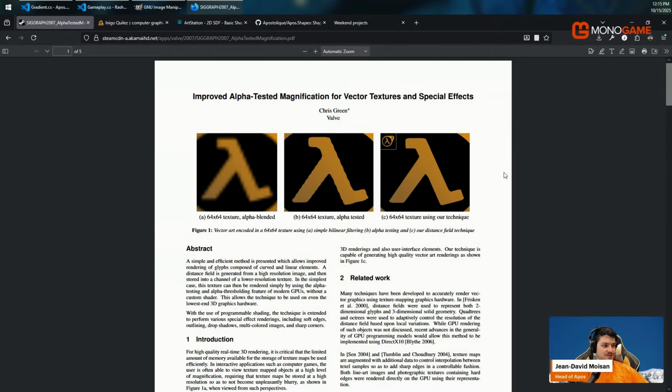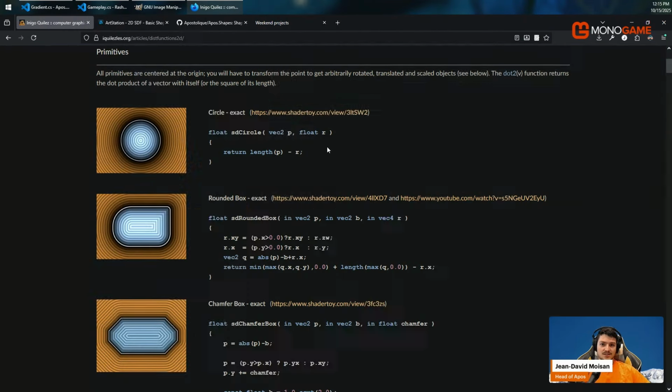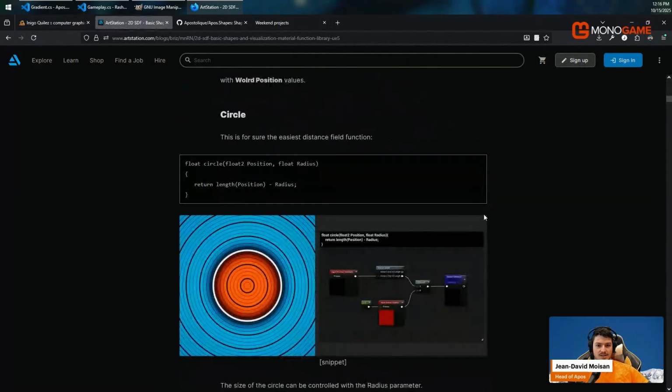But first, where did I come from? Before being able to draw shapes, I learned about this technique, I believe, from this Valve paper, where they show the concept of the signed distance field. A signed distance field is like a math formula that allows you to know how far you are from the edge of a shape. And then from there, you're able to have conditions to draw if you're on the edge, inside, or outside. So it's very simple. For example, the circle is just how far you are from the point to the radius. An example here is